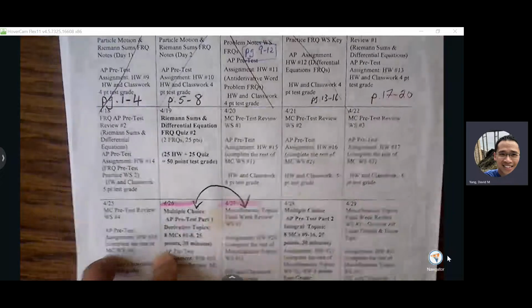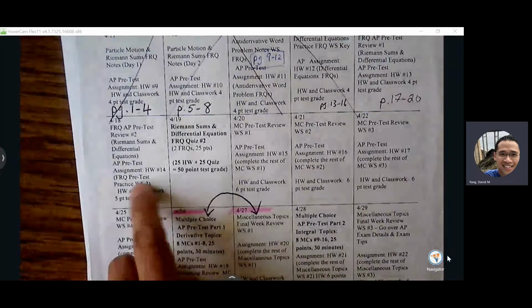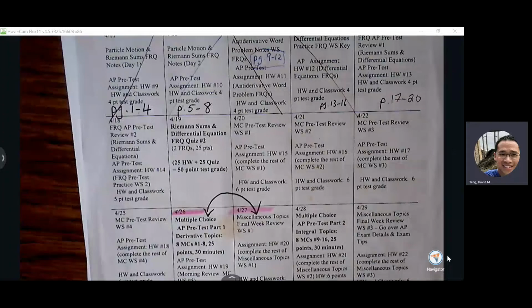Hi, so today we'll be working through pages 21 and 22. We're just going to cycle through these two topics, Riemann sums and differential equations. Tomorrow's your quiz, okay, just two FRQs. Bring your calculator. I'm also going to attach